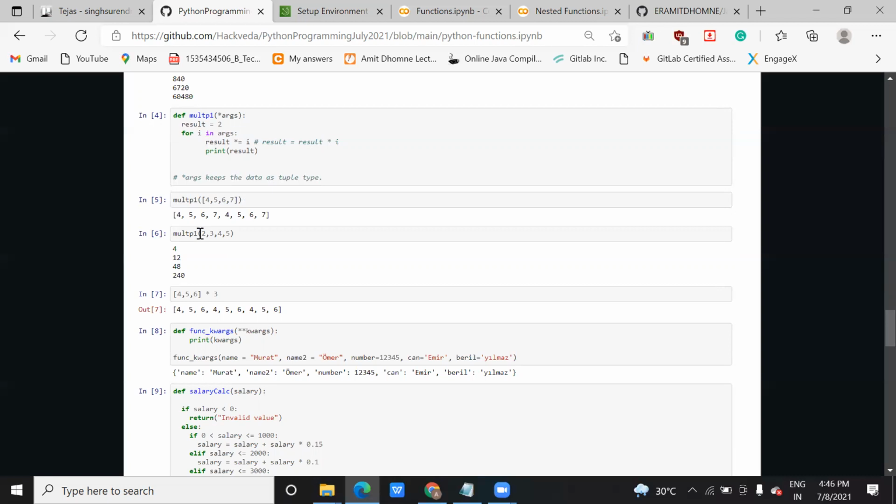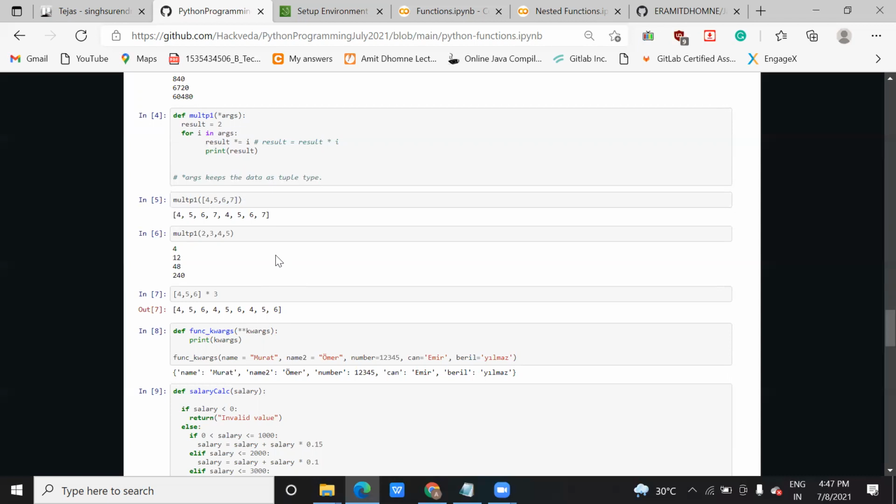When you pass the tuple also, like this 2 3 4 5, in the case of two parentheses you need to use them, but when you use a single parenthesis, it means that these 2 3 4 5 are separate entities. In the video I explain this. Go through this video, you will easily understand. I have explained with the example, and I have run the code also. If you want, I can run it right now, but I want you to run it so that you get an understanding of it.